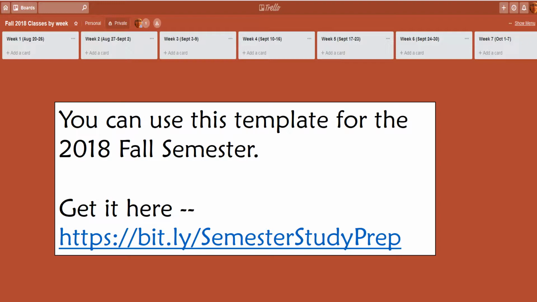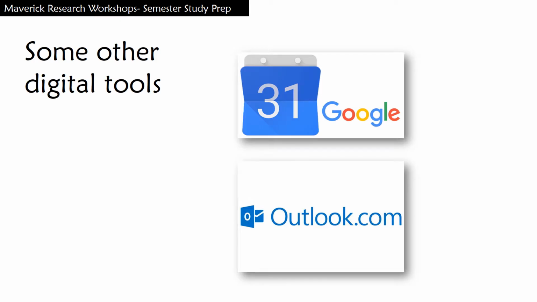So I want you to be sure to be able to do that. A few other digital tools that are possible to do similar things with, of course, is the Google Calendar. A lot of people are using that. Again, freely available. Many people use lots of different Google tools, so it's great that it can sync with all those. But one great thing you can do with a calendar, like the Google Calendar, is you can actually input